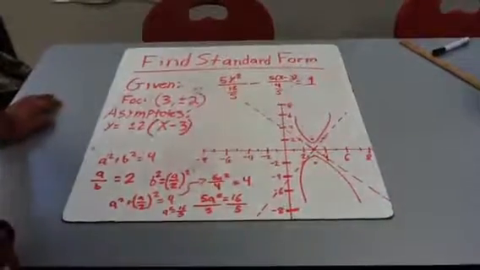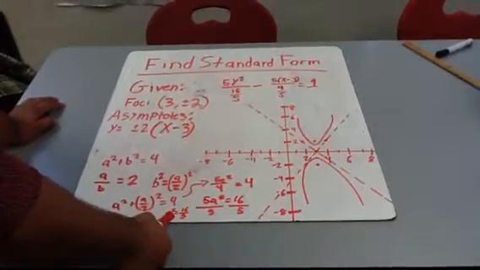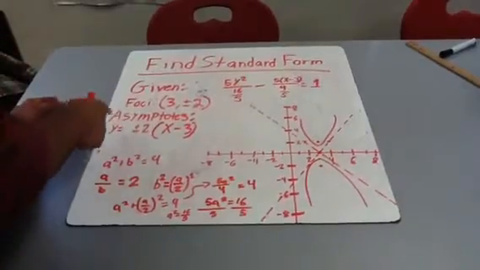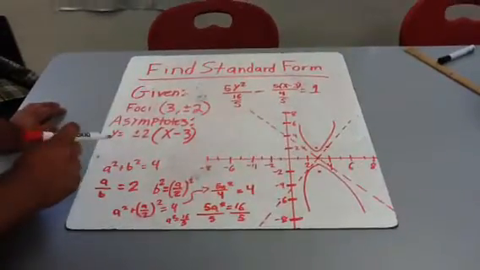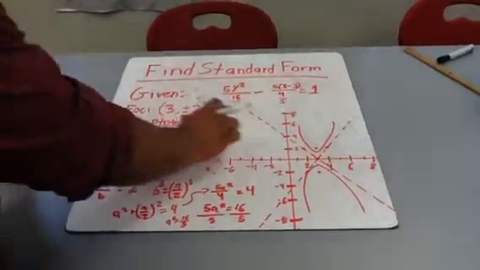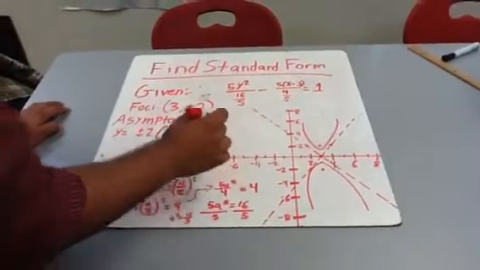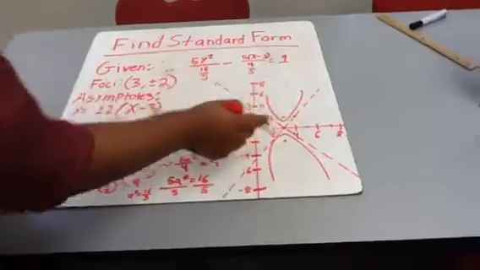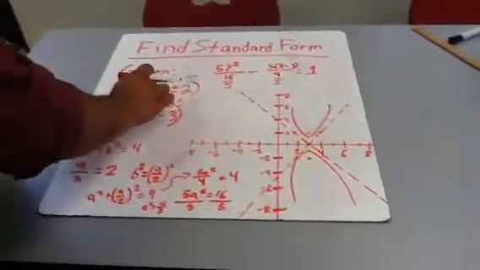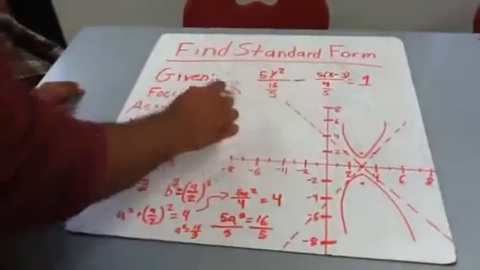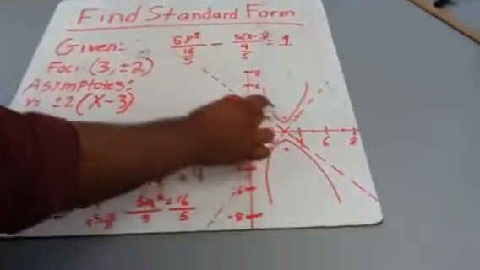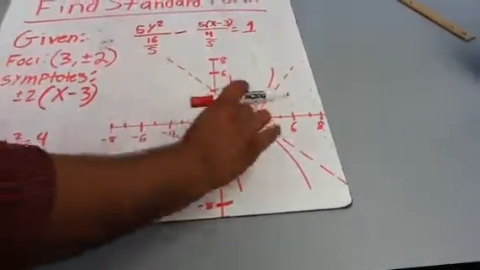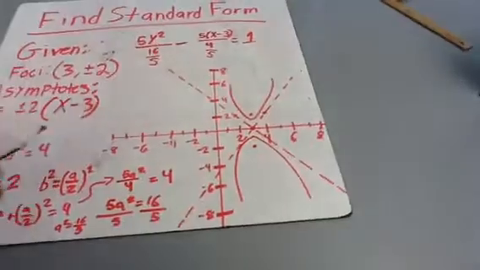Okay, so for this equation we have to find the standard form given the foci and the asymptotes. Now the first thing that we know is that this hyperbola is going to be located on the x equals 3 axis. And we can see from the foci that the foci are going to be plus and minus 2, which are located right here. So from that we can tell that the hyperbola is going to open down and up,